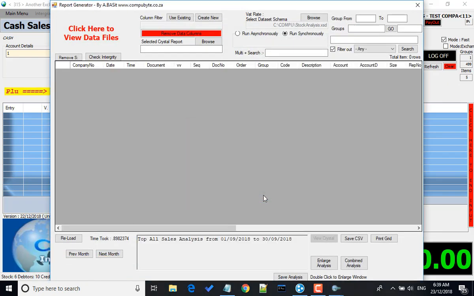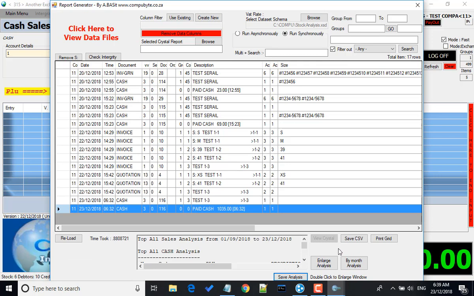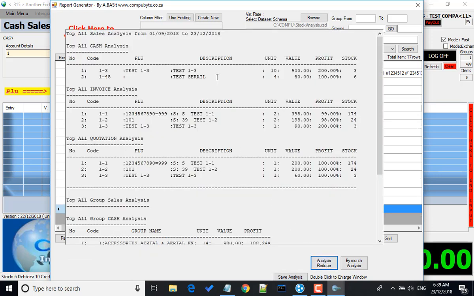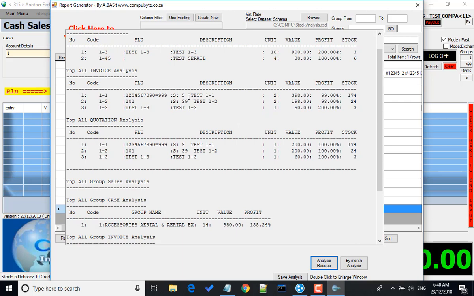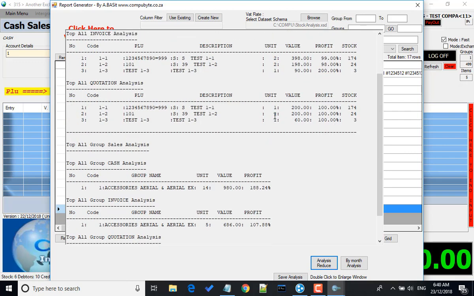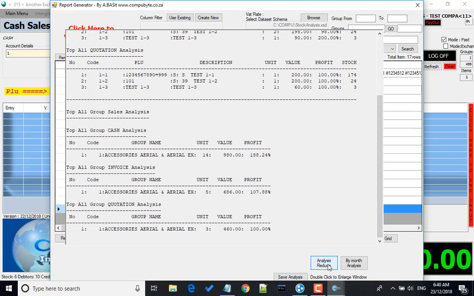And now the grid is loaded. I'm going to click on Combine Analysis. Remember, Combine Analysis will combine all the months from 01/09 to 30th 09. And there's all my sales. I enlarge analysis, and I can see my totals. And I can see top sales. Top sales test -13 was 10. Test serial was 4. All invoices. Test was 2. Size small was 2, size 39 was 2, and that's how you see all your top sales. Analysis reduce,